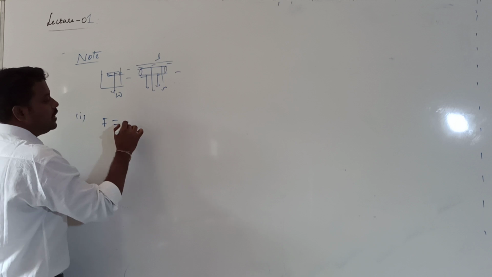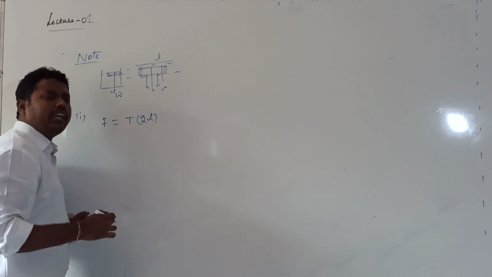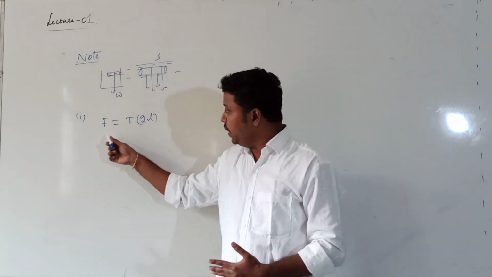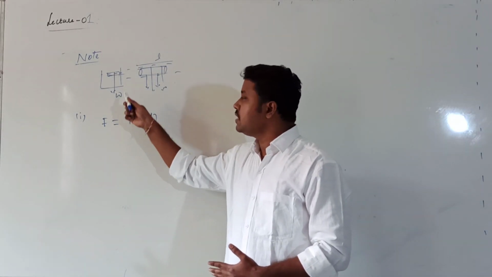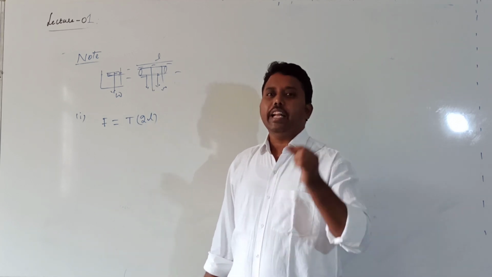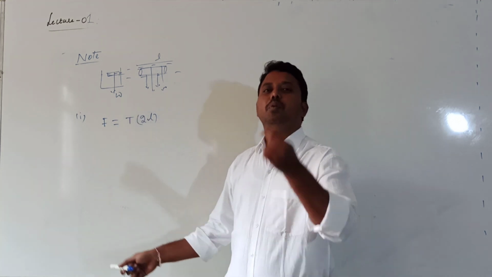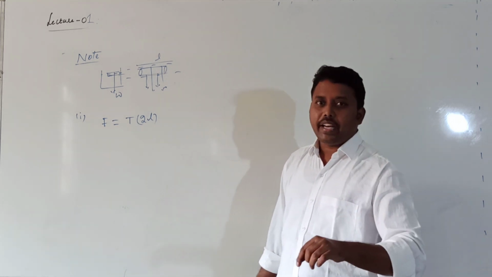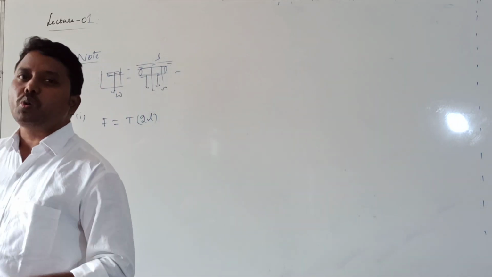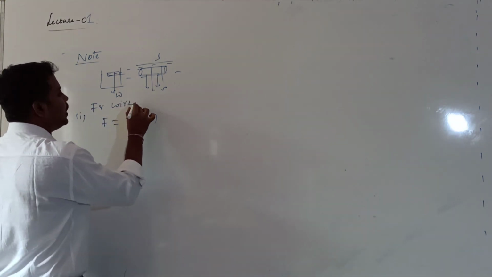Force is equal to surface tension T into length 2L. Why have I written 2L? Because force is acting on the 2 ends. So F is equal to T into 2L, where T is the surface tension of the given liquid, the liquid from which you want to lift the body. The body length is L, and the force required to pull the body from the free surface of the liquid, in addition to weight, is given by F equal to T into 2L. This is for a wire or a rod. So this is the force value.